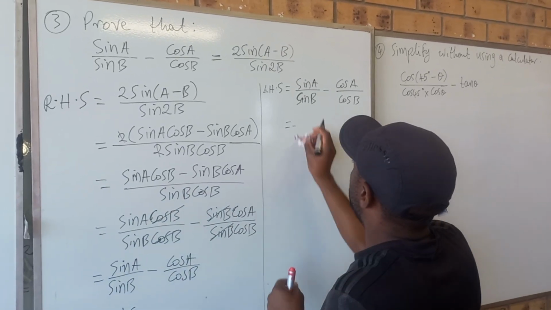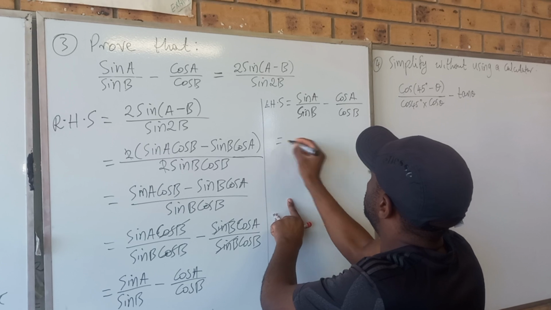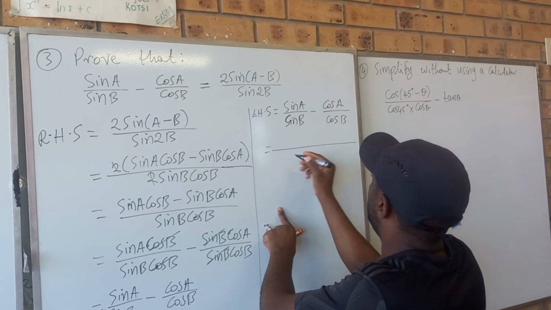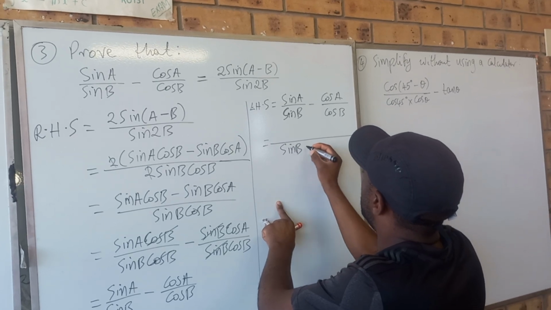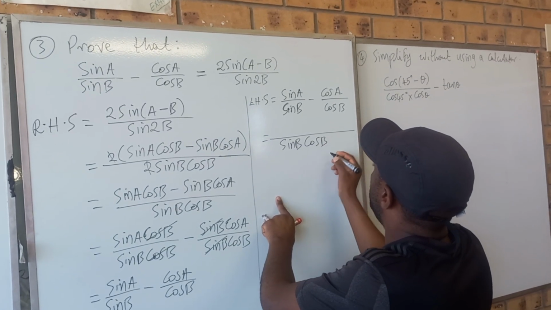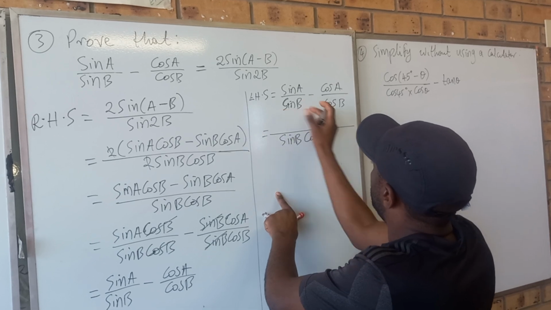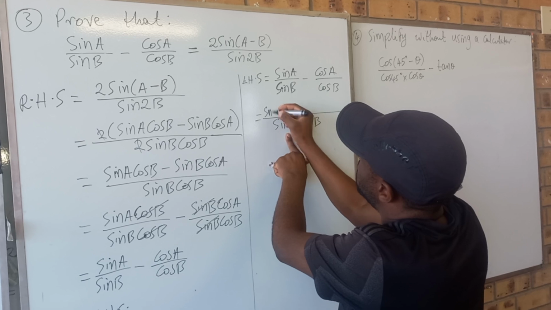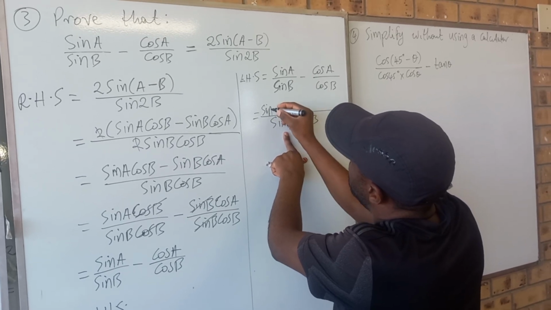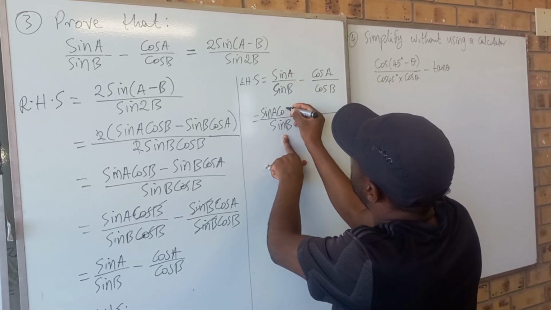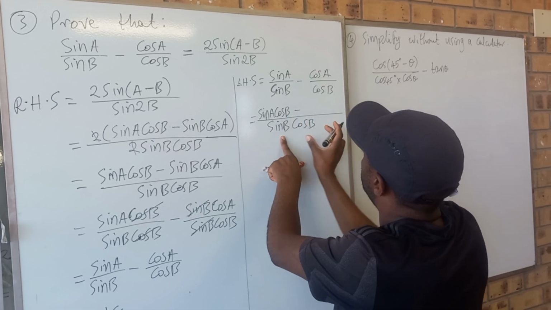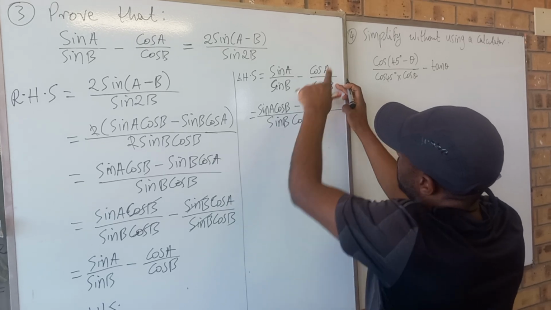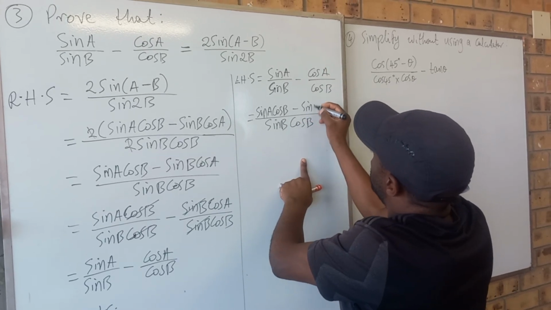That should be our very first thing to do. We look for the LCD. So the LCD, as I've said, some people also call it LCM, means these two numbers are different, you just multiply them out. So I get sine B cos B, then I'll take this, divide there, you see sine B will cancel itself, that one multiplies. So I get sine A cos B followed by the negative sign, if this goes here, cos B will eliminate itself,